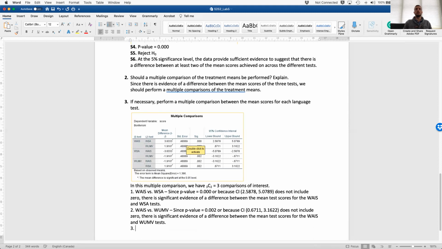And then the third comparison would be WSA versus WUMV. So since the p-value for this test is also 0.002,